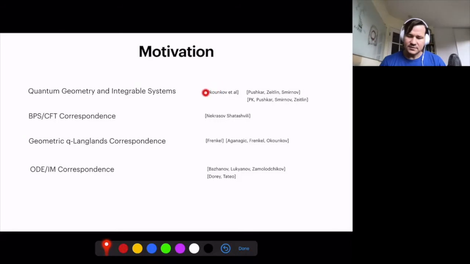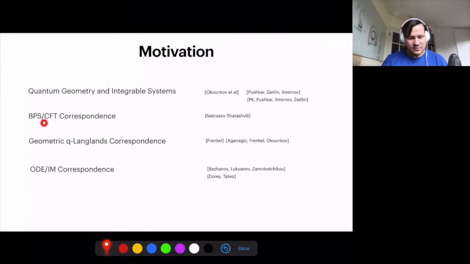But then the subject became more and more mathematically solid, and in particular the part of the story that is relevant to my talk originated from works by Andrei Okounkov and others. And then my collaborators and I, we did some follow-up work there. But I'm not going to talk about this today. So I'm not going to do any quantum K-theory,